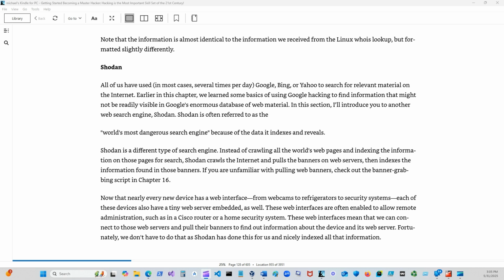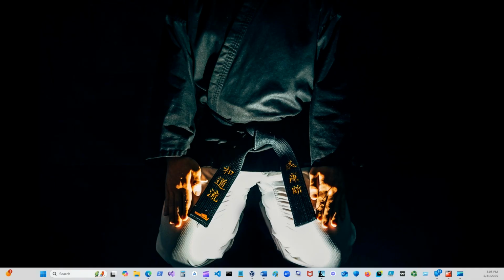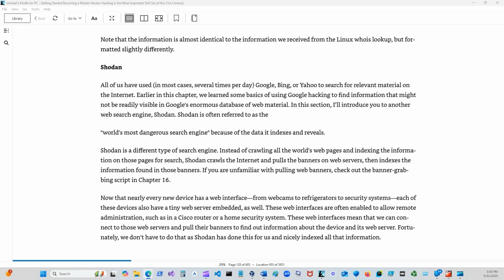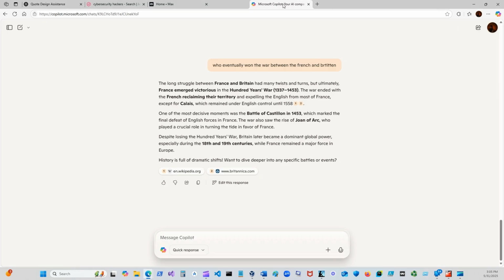Now hold on. Here's some advice. When you come across something like this that goes deep into different things, this is what I do. I go to Copilot. The difference between Copilot and ChatGPT is that ChatGPT is an AI that will give you a response that it thinks you want to hear, all right? Copilot just gives you the information that it finds on the web about things.